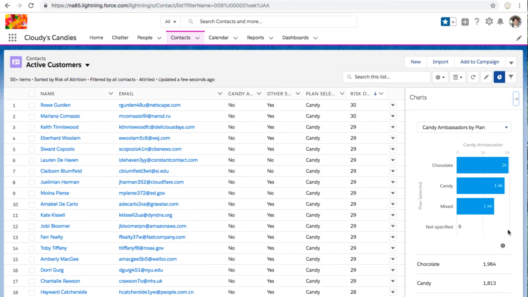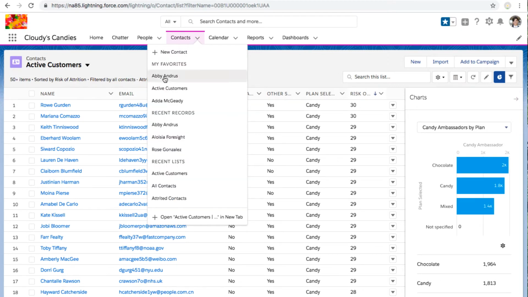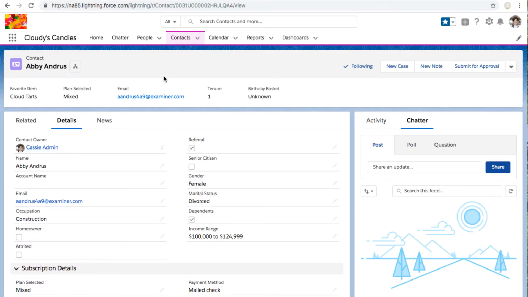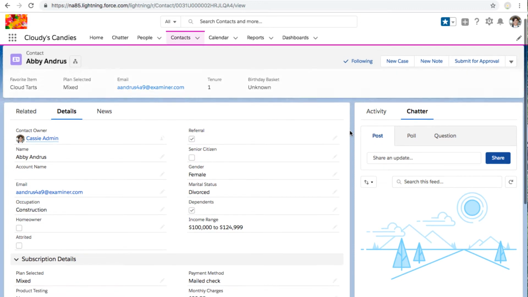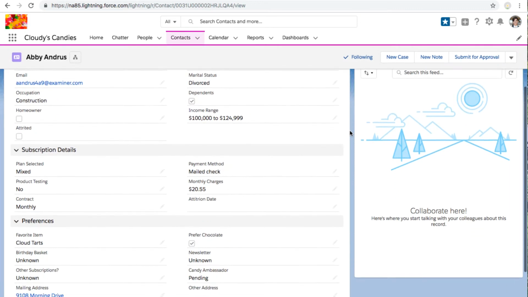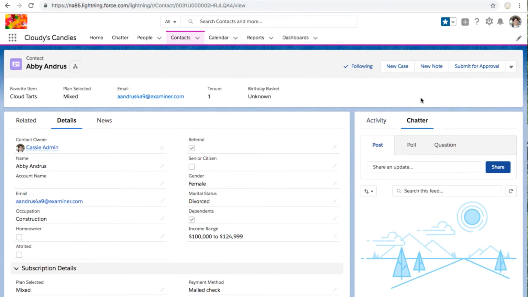But let's also click into one of these contacts and add it on the contact record level, because we also want to make sure this is visible when you're engaging with the contact for those customer service representatives or their sales representatives that are working directly with a specific customer. So I'm on our record page here, and I can see all of those fields that I selected to be included in my predictive model, but I don't have my attrition prediction field on here yet, and that's because it's not on the page layout. So I'm going to go into Edit Page,